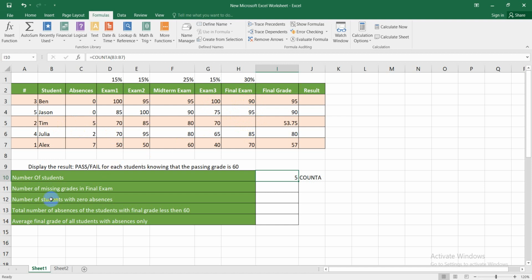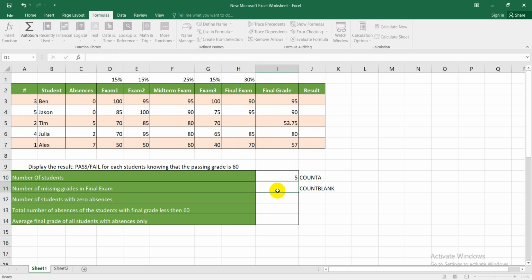Now we need to use a function to find the number of missing grades or the number of empty cells in this range. I have a function called